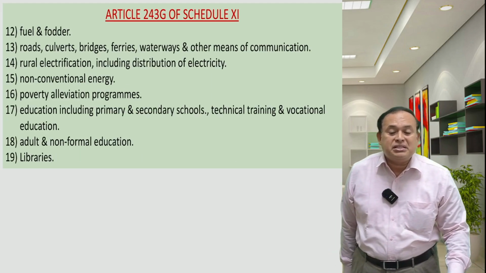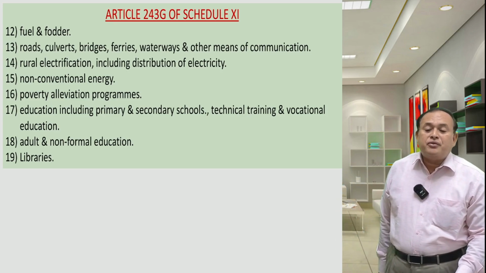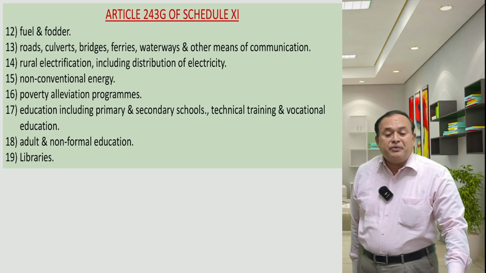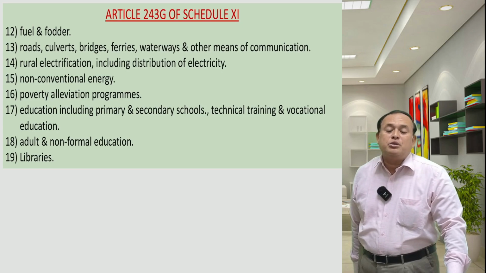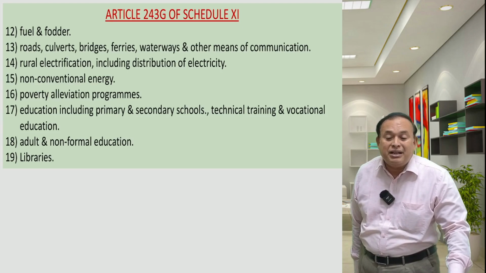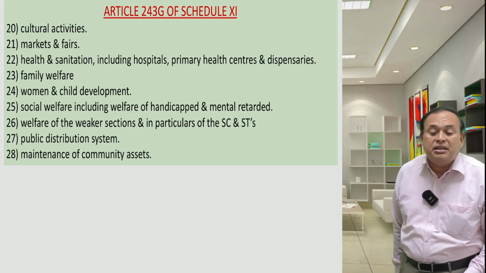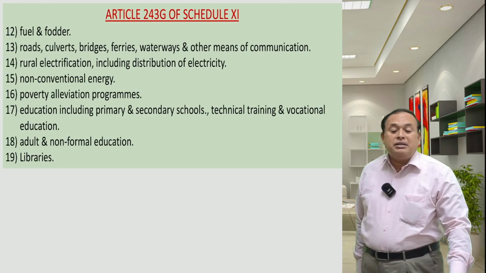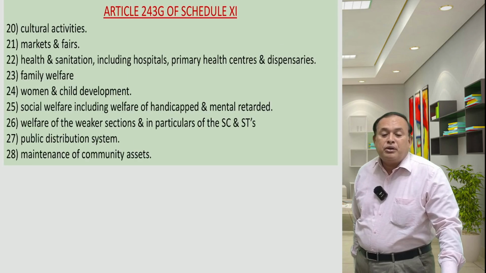fodder services, road services, culvert services, ferries, waterways and other means of communication, rural electrification including distribution of electricity services, non-conventional energy, poverty alleviation programs, education programs including primary and secondary school development, technical training or vocational training education providing institutions, or adult and non-formal education, library services, cultural activities, markets and